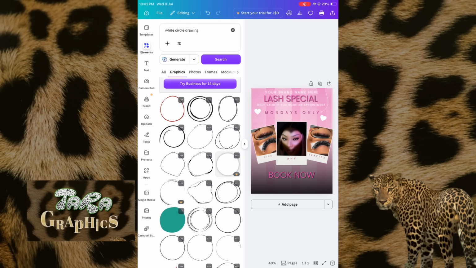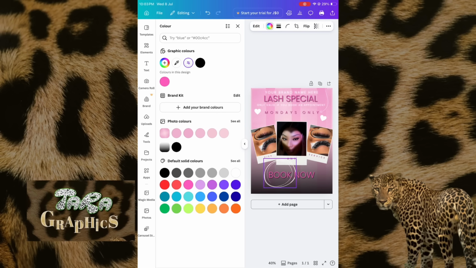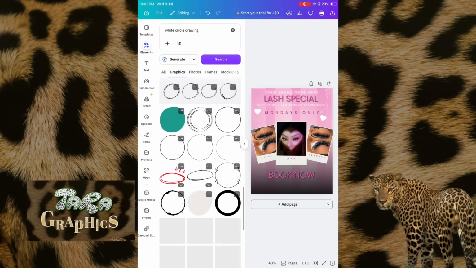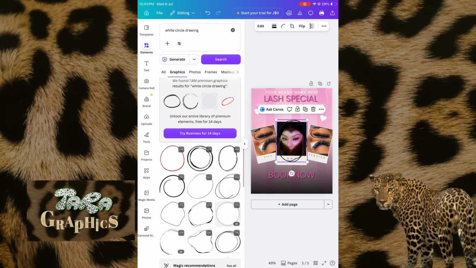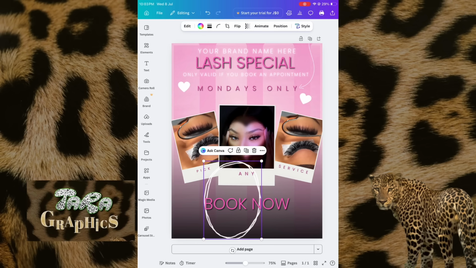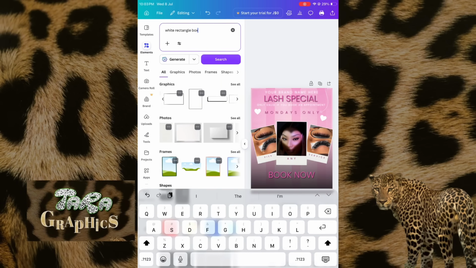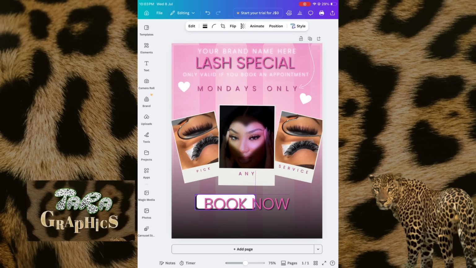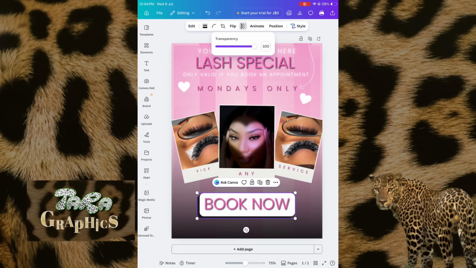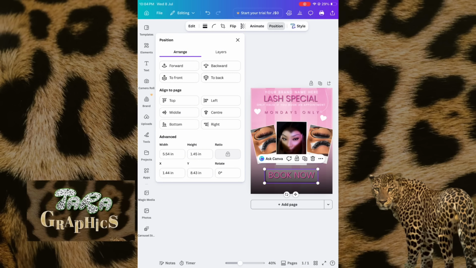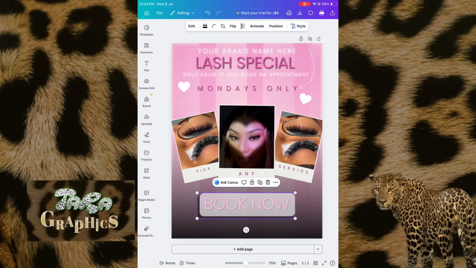So here's where I'm going to just go back to the rectangle box, and I'm going to find the perfect one, a white one with a black shadow at the back of it. So yeah, this is the perfect one, guys. It's already perfect, but the thing is it goes over the text, and now I'm trying to get it backwards,